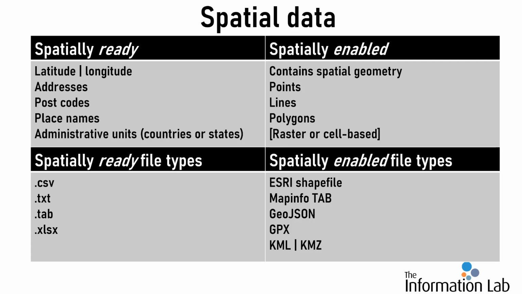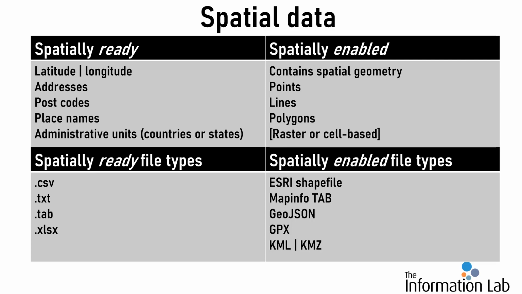And we identify those spatially enabled data by the presence of a spatial geometry, a single column that's used to render the geometry of our spatial object on the screen. And that might be single points or lines, representing a road or river network, for example, or polygons, shapes that denote areas. And some of the file types you may see for this, and those that are read by Tableau: